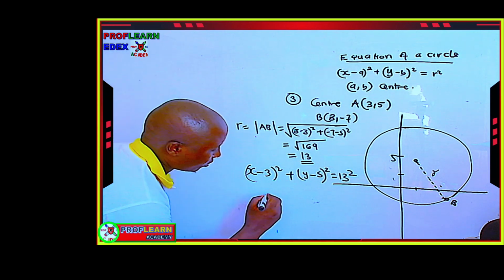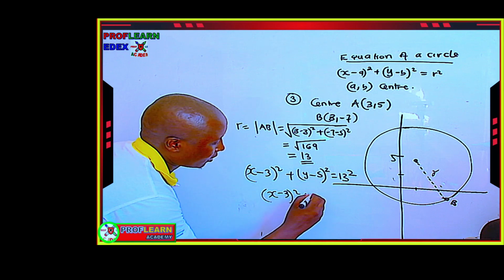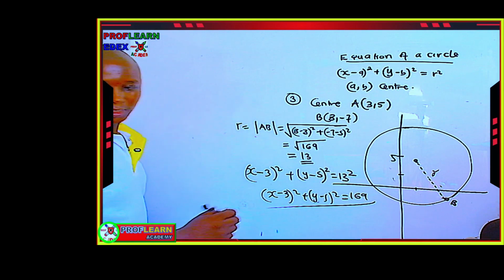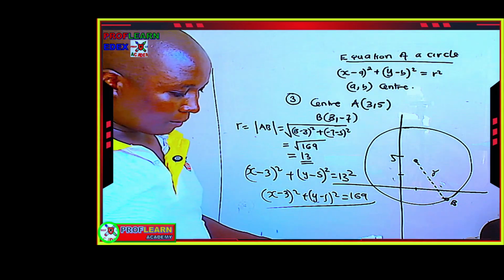We can simplify and leave our answer as x minus 3 squared plus y minus 5 squared is equal to 169. So the next part we are told here is that